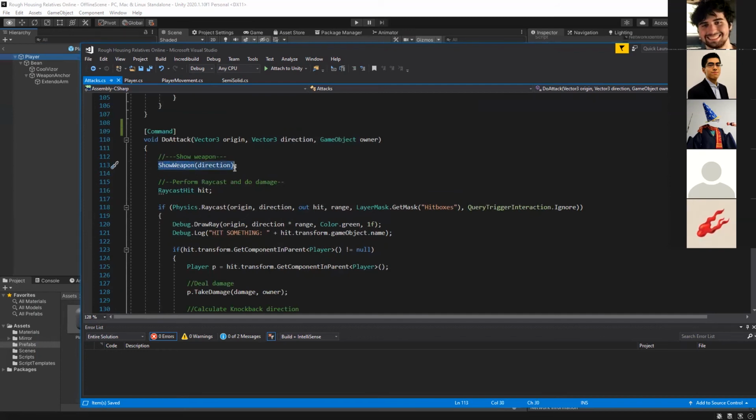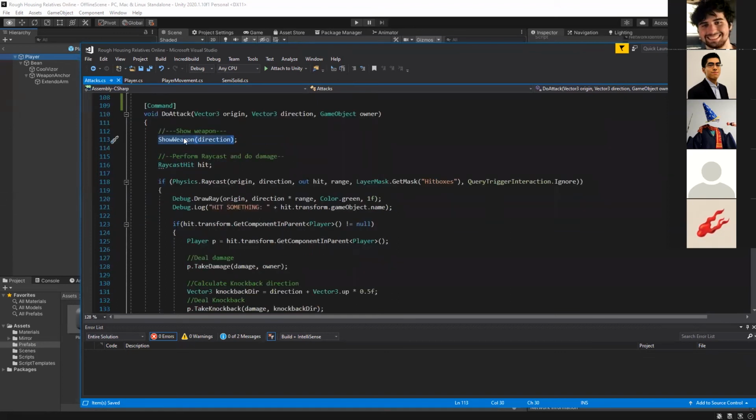But show weapon is now being run on the server's copy of the game. So now what happens on your screen is you're going to press the attack button, but you won't see the attack happen. You're like, wow, what happened? That's because this piece of code now is running on the server. So the server should tell you to show your weapon so that you know that you actually sent the attack.